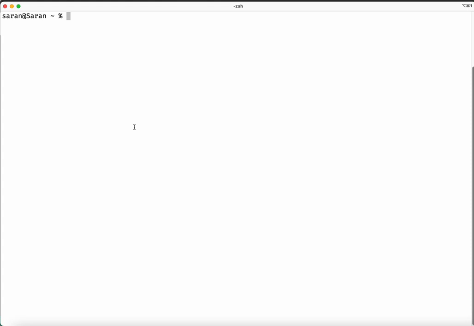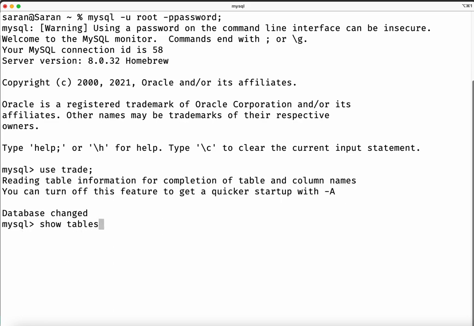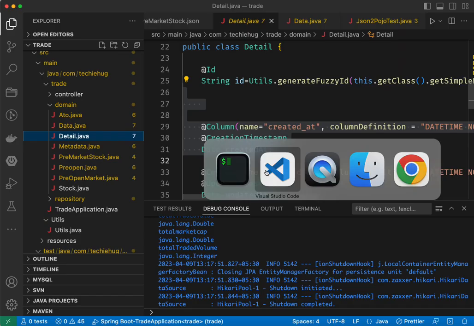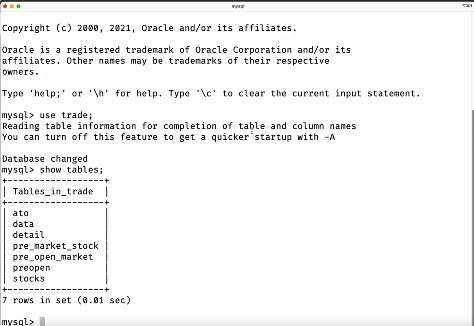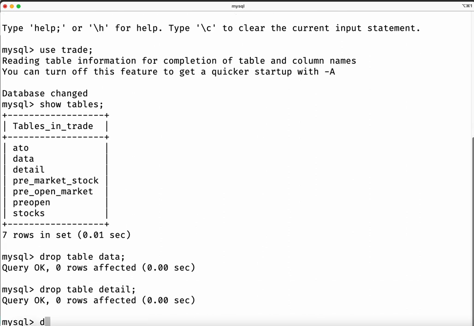All right. Let me zoom in a little bit, and MySQL -u root with the password. This is my local database anyway. Use trade db. Show tables. Did this run already? When we run the test case, it automatically connects to the database and gets executed. Let me remove all this. Drop table data, drop table detail, drop table